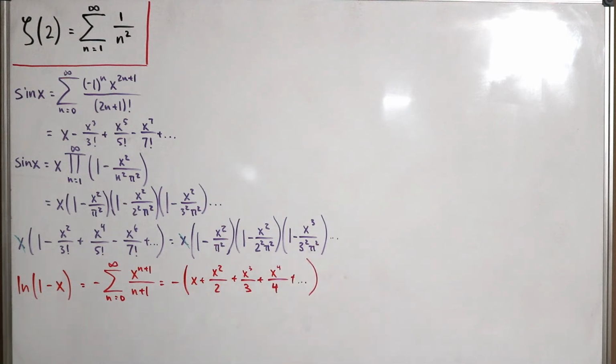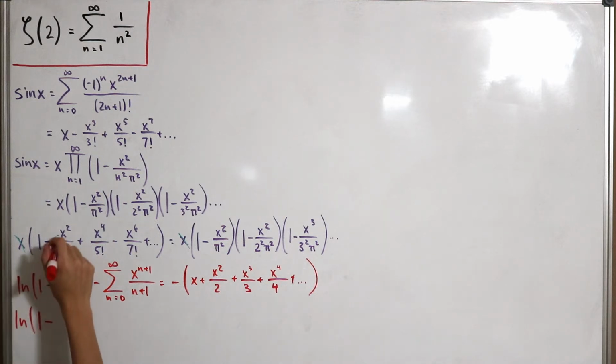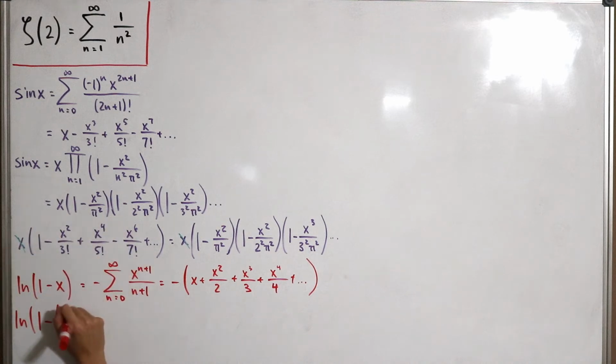So we have the natural log of 1 minus x, the series expansion over here. We're now going to take the natural log of both sides. So once we do this, we have the natural log of 1 subtract, so I'm actually going to group this, and since this is minus, I'll factor out the negative, so we have x squared divided by 3